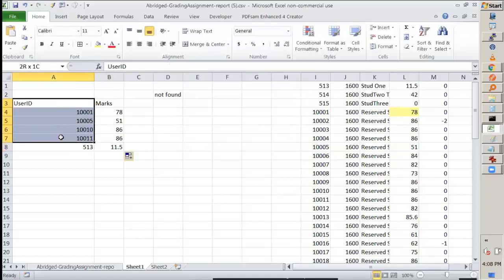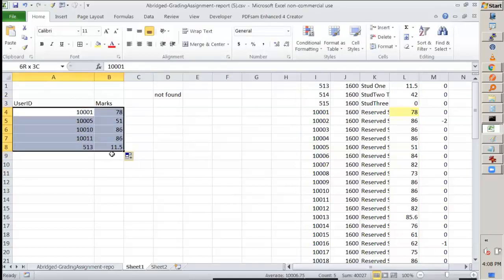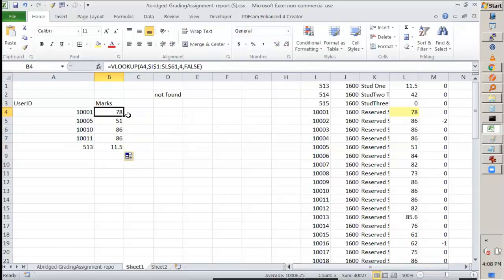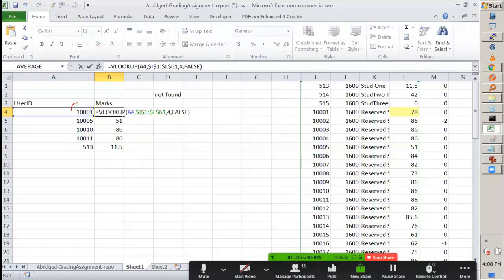Right? So whenever you have this type of requirement, when you are doing this VLOOKUP, please ensure two things. The lookup value has to be the first value in the table. Then from there you can count the column. If you have to find multiple values, make sure that you fix the table range. Otherwise it will not give you the correct answer.